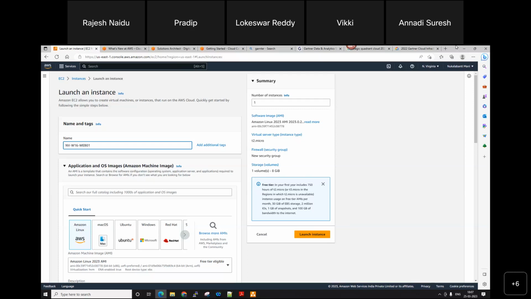So when we see that server name, we can easily identify, hey, this is a North Virginia server, this is a Windows server, and in this server, a web application is running. Okay. Please follow this nomenclature when you're creating a server. Next,